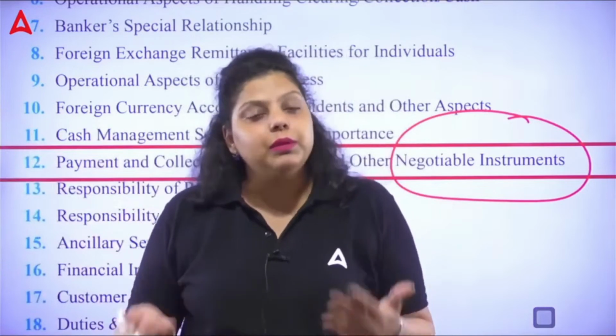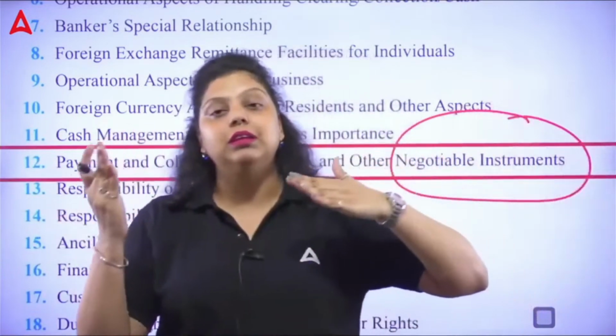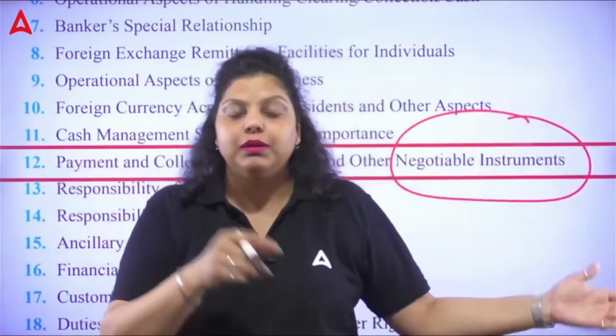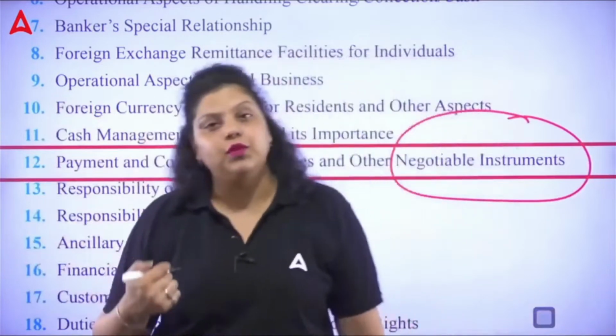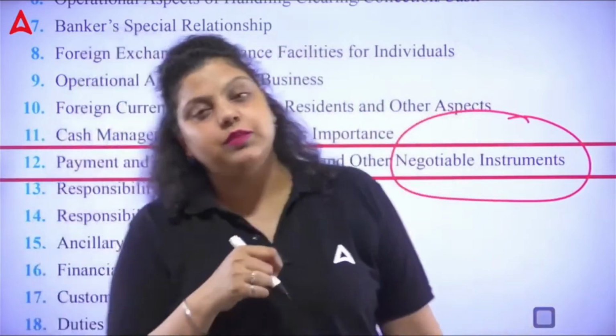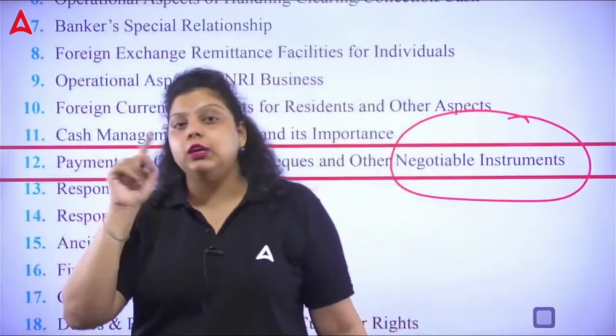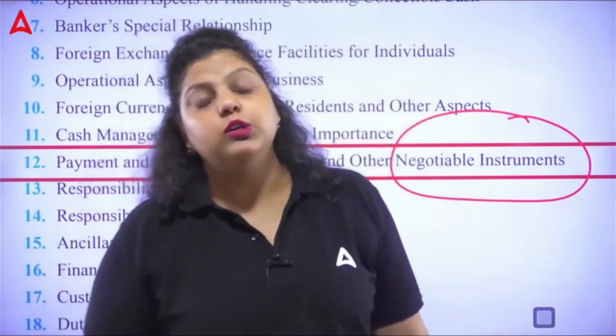So you are simply promising another person that the money will be transferred, or payment will be made, to that particular person on a certain date. But if you want it before the date, let's say, for example, I have issued a promissory note in your name and I have specified that I am going to pay you the money on 30th of August. But you want the money on 25th of August, what can you do?